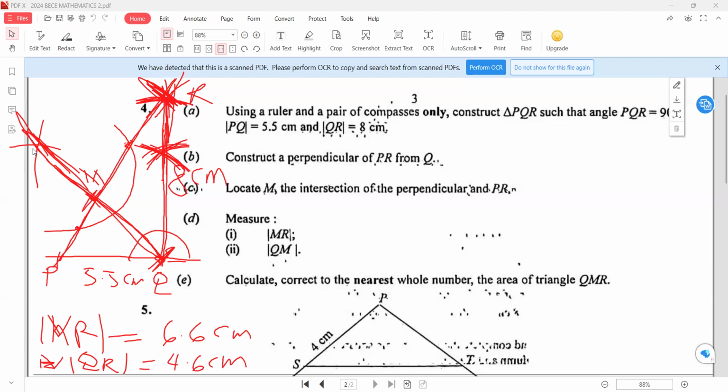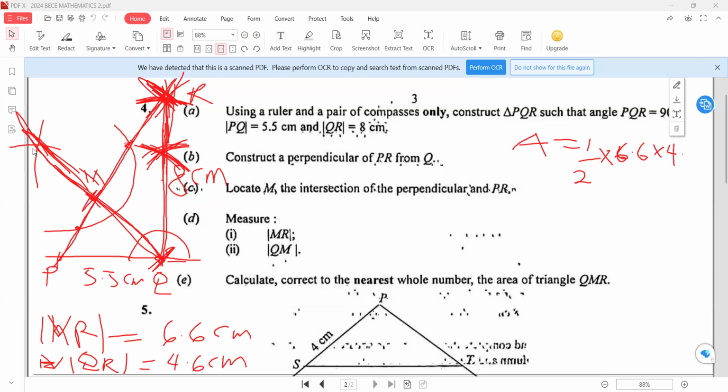4.7 is also right. Now, for the area of a triangle, you have base times height, and the base and the height give you an angle of 90. So obviously QM and PR should be the base and the height. But you were asked to find the area of triangle QMR. So it means that it is MQ and MR that give you the base and the height. If it were the entire triangle, it would have been PR. So that should be half times your 6.6